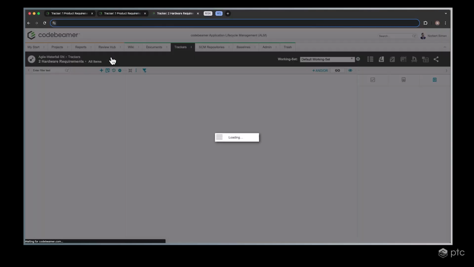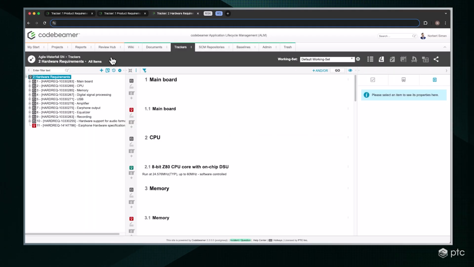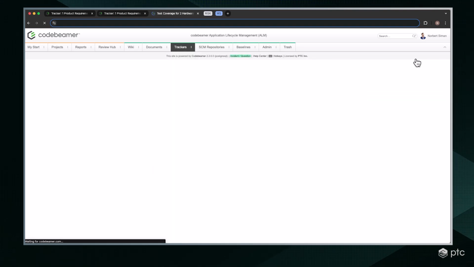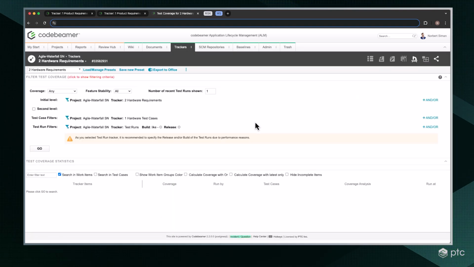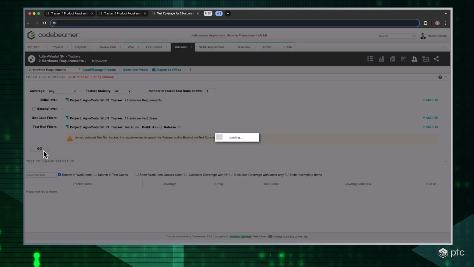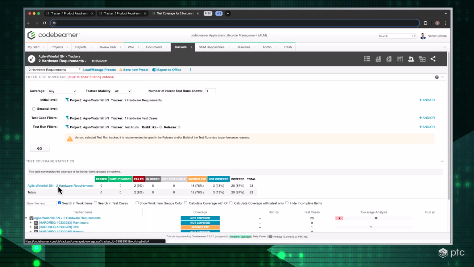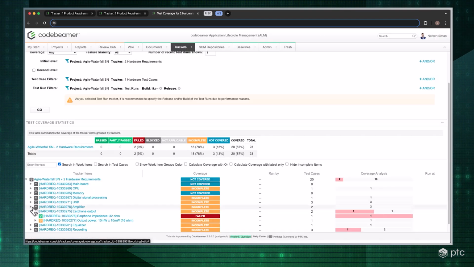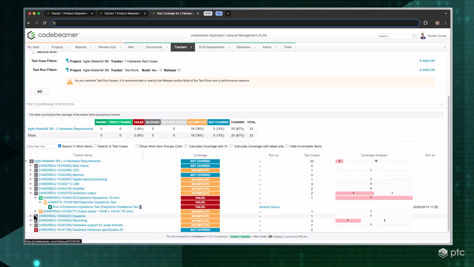Coming back to hardware requirements and selecting the coverage browser, we will be taken to a view that lets us check how many of our requirements are covered with a test case already and what their statuses are. So if I hit go, break it down, select the earphone output, for example, and these two requirements, I